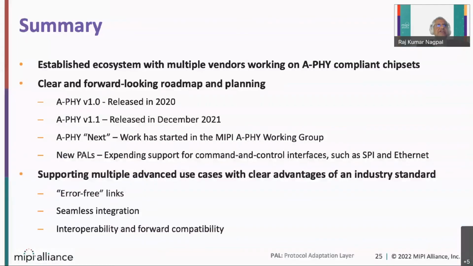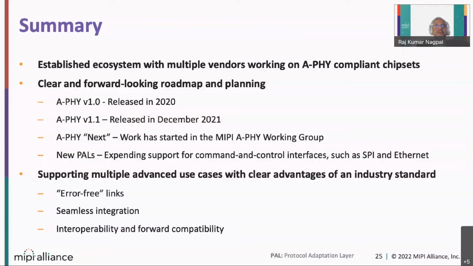Okay, and this is the summary. We have established an ecosystem with multiple vendors working on A-PHY compliant chipsets. It's a clear and forward-looking roadmap and planning. A-PHY 1.0 was released in 2020. A-PHY 1.1 was released last month, December 2021.